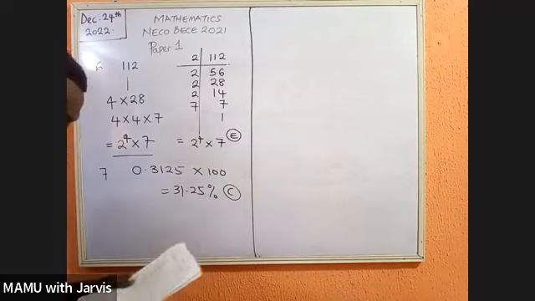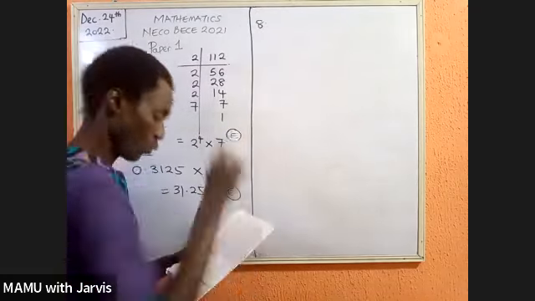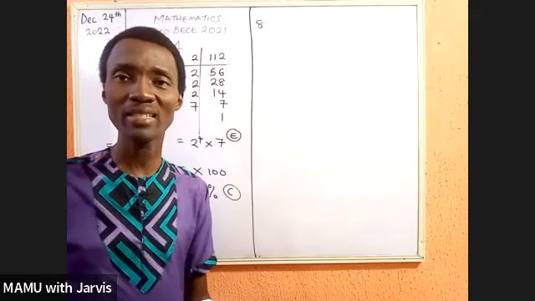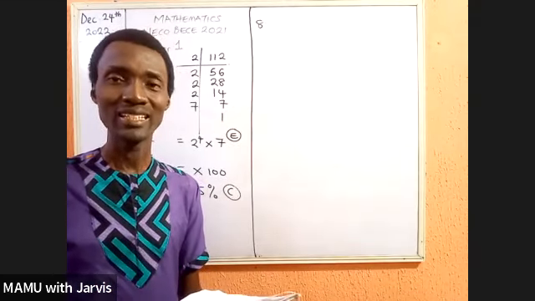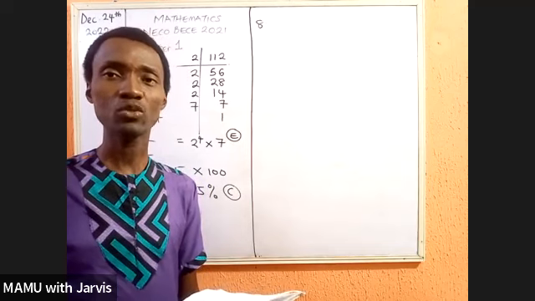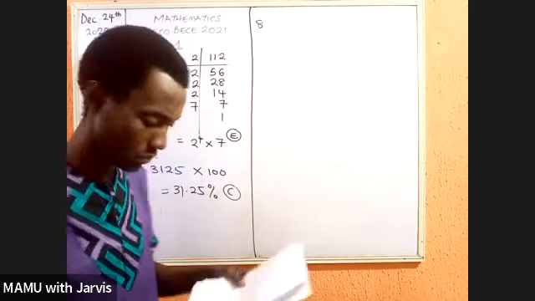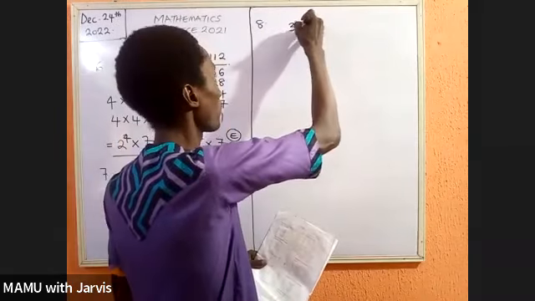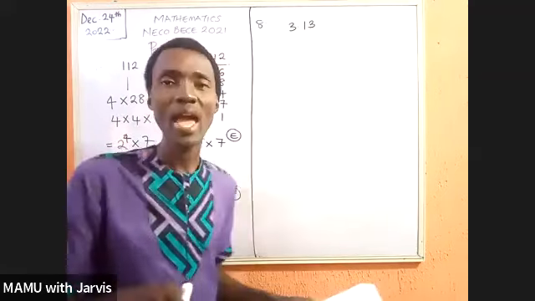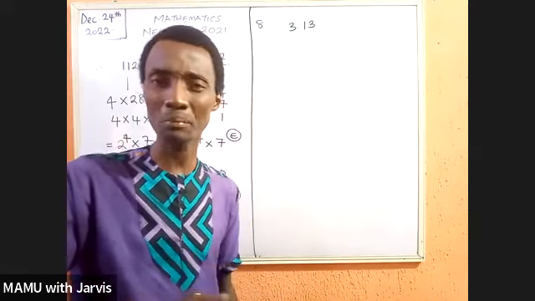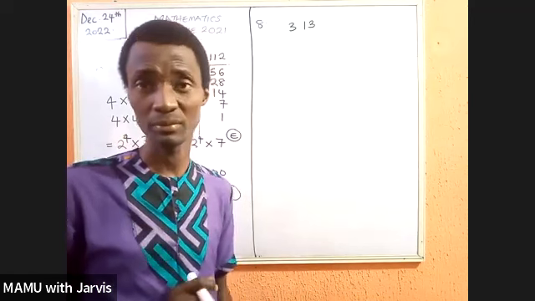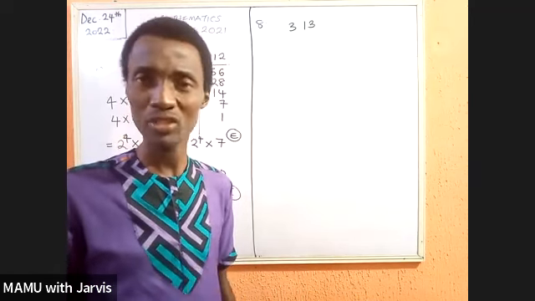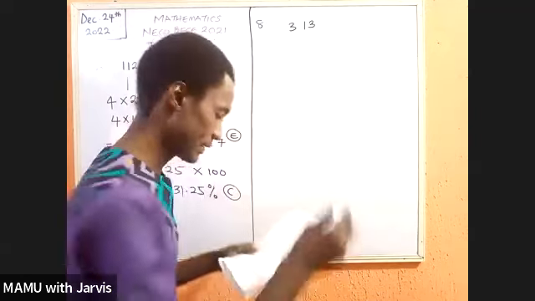And then we'll go to question number 8. Question number 8 is testing your knowledge of addition of numbers as decimals. Now we can do addition in decimals. So we have 3.13. It says find the sum. Every time you hear the word sum in maths, it means addition. So anytime you hear sum, please know that they want you to add. And this will be